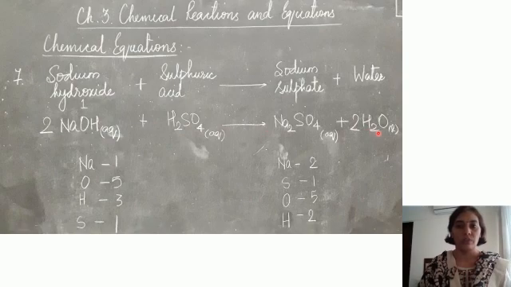Hydrogen is also balanced. Let us count oxygen to see whether it is balanced. This is 2 oxygen here and 4 oxygen here, so the total is 6. How many oxygen now here? 4 here, and the coefficient 2 which we have written here is common for both hydrogen and oxygen, so 2 here. So 4 plus 2, 6. So oxygen is also balanced, and sulfur was already balanced, 1 and 1. So every atom is now balanced. With this, we balance the equation, and let's go to the next slide.